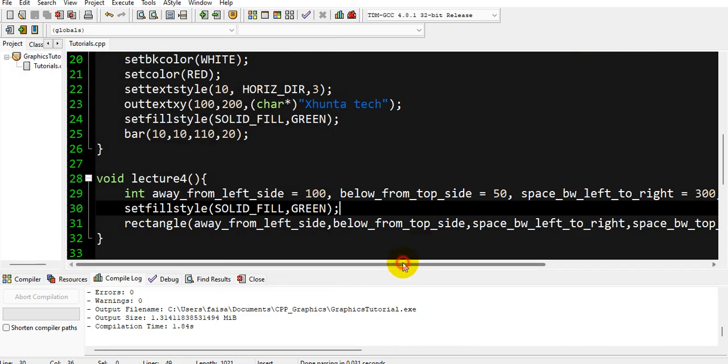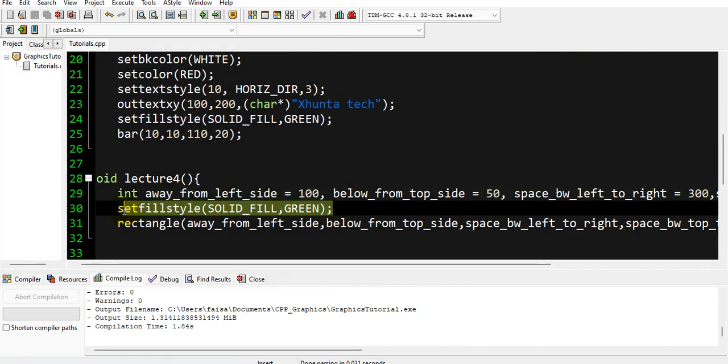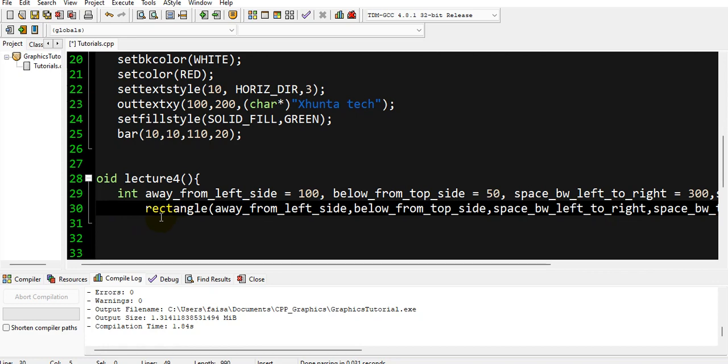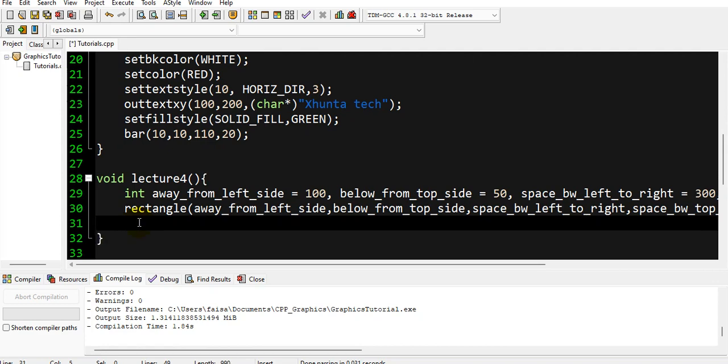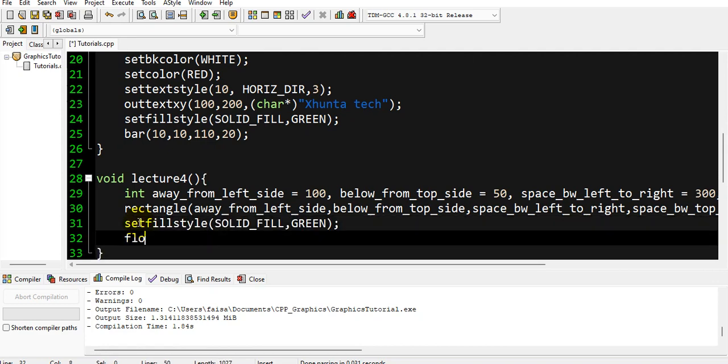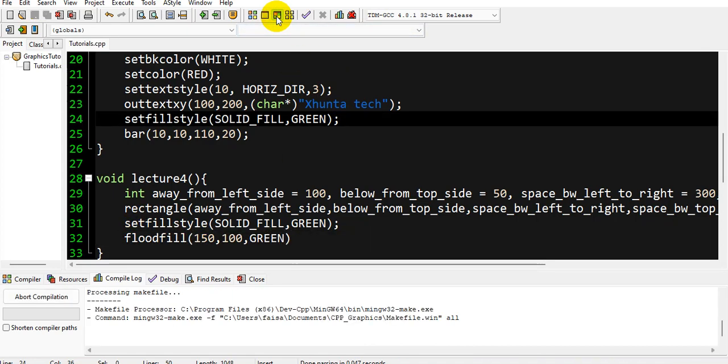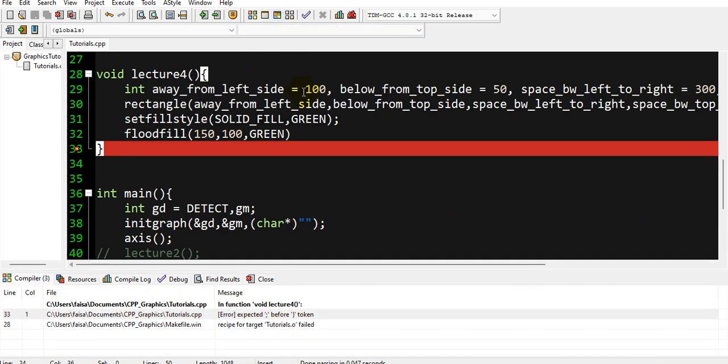So I want to fill it with, okay, let me cut it over and paste it, and then I am going to use flood fill, and I am giving it x-axis 150 and from 100, and going to give it color border of green, so it should fill it with green color. Okay,